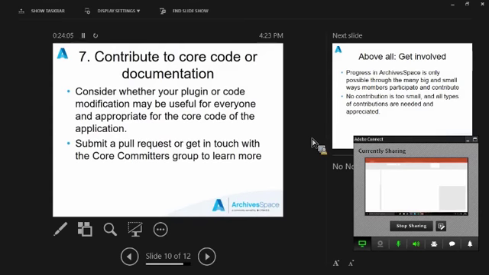So rather than replicating efforts, reinventing the wheel, we want to provide platforms for people to be able to share that information. And when it makes sense as something that really should be just part of ArchivesSpace, something that comes with an installation of ArchivesSpace, we want to help you work with us to get it into the code of